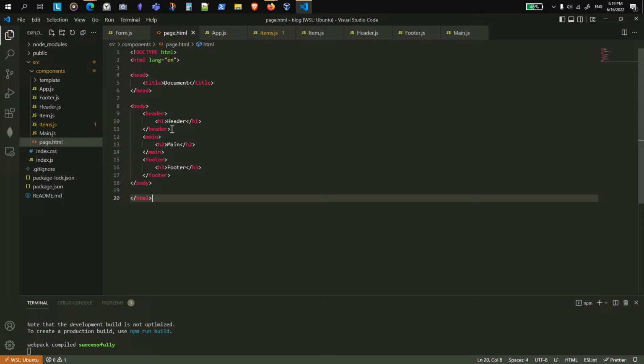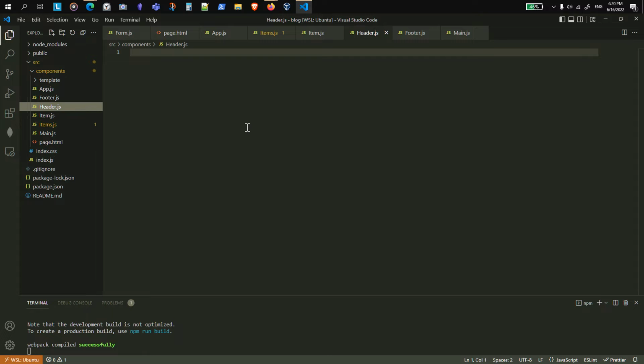But in React, instead of creating this complex UI in one file, what we can do is break this down into its own components. For example, we can have here header, main, and footer, and then compose them together later. If I were to replicate this page in React, what I can do is create a header component,